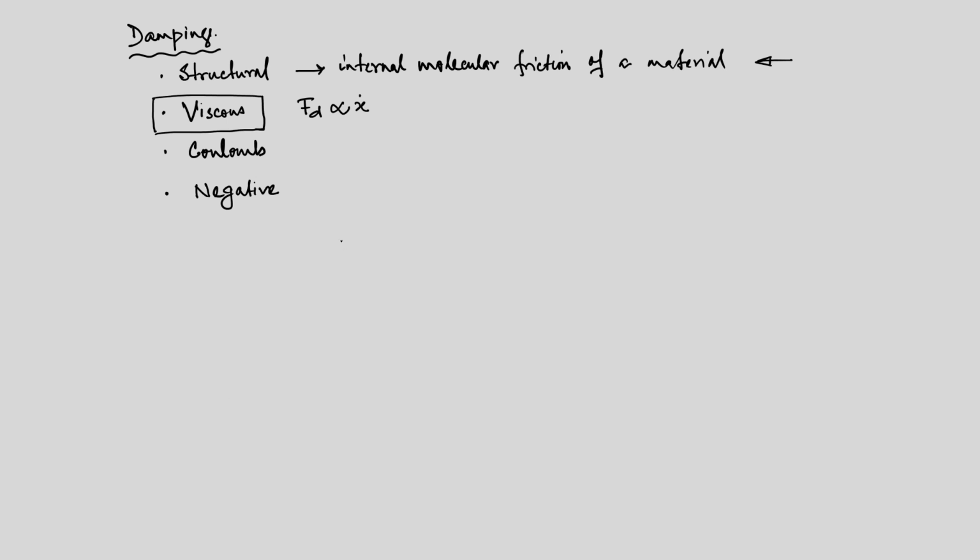Viscous damping we have already mentioned. What about Coulomb damping? In this case, this damping force F d is developed due to friction. So, we have some normal force acting, and then obviously the frictional coefficient, if we can quantify, then using that information we can quantify this Coulomb damping. So, this is due to friction.